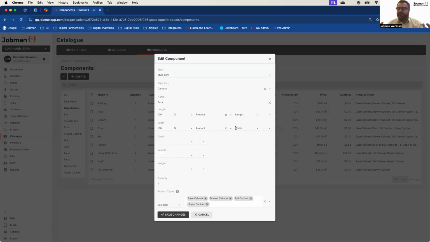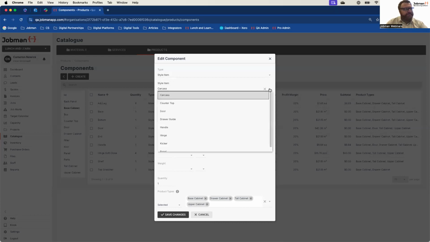The parts themselves stretch, which is why the default size of the product doesn't make a lot of difference. You can have it as whatever you want to have it as. Like I said, use a generic default that makes sense for most of your work, and then you can update it inside the quote. The last part, which is probably the last important part that I want to show you today of how to calculate your pricing so that we can put all this together in a quote, is what type of component is it?